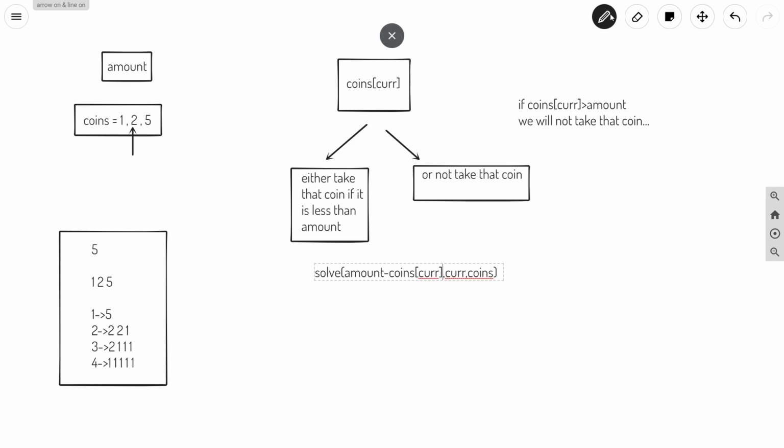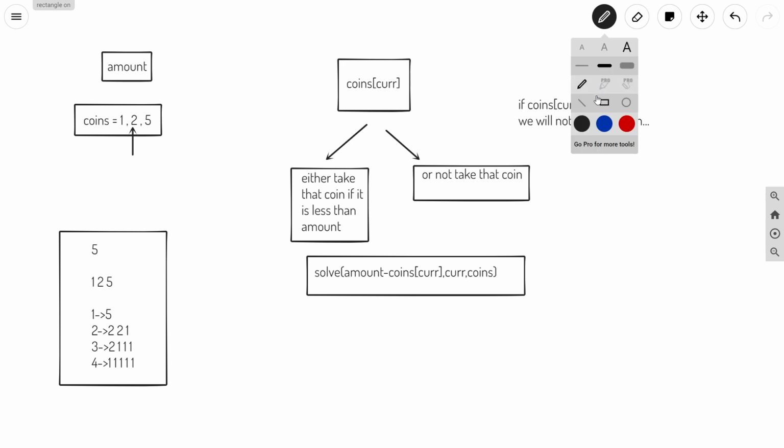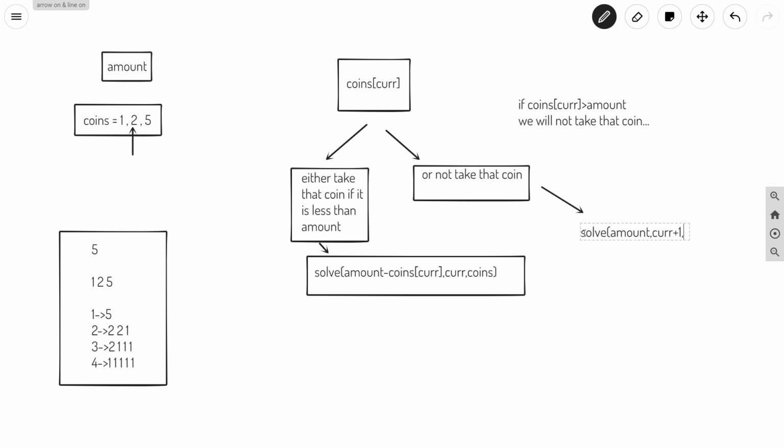For the other part, we call the recursive function again, the amount will not be decreased, and we go on to the next denomination. So we just increase the value of current and pass coins. So these are the two recursive cases.